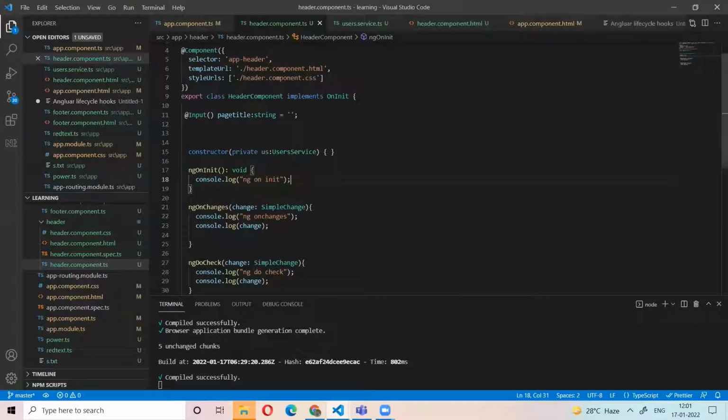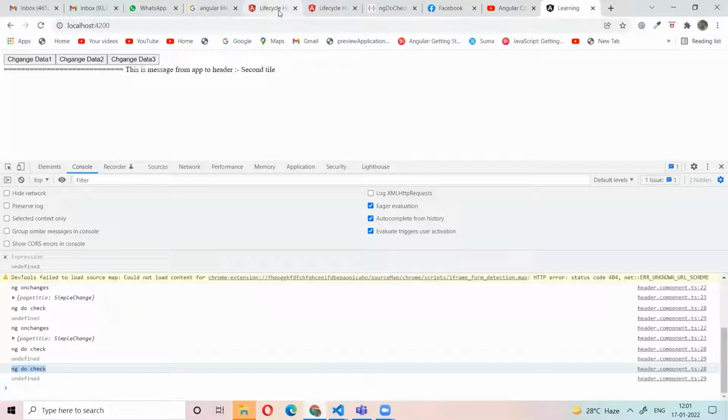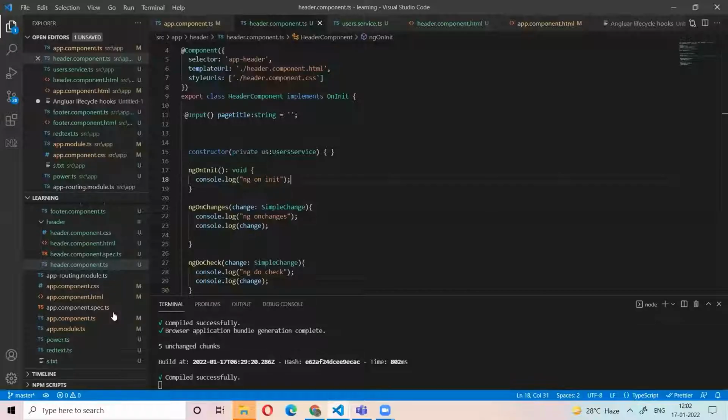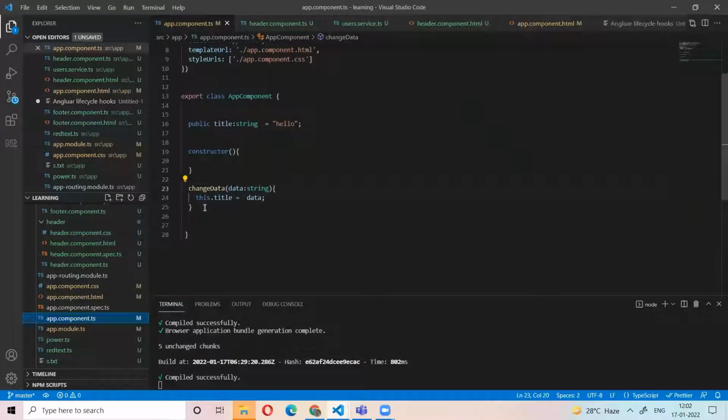I think you understand. Okay, now let's go to the other life cycle, ngAfterContentInit. When will this life cycle load? After the view is loaded. I'm calling this ngAfterContentInit in my parent component, the app component.